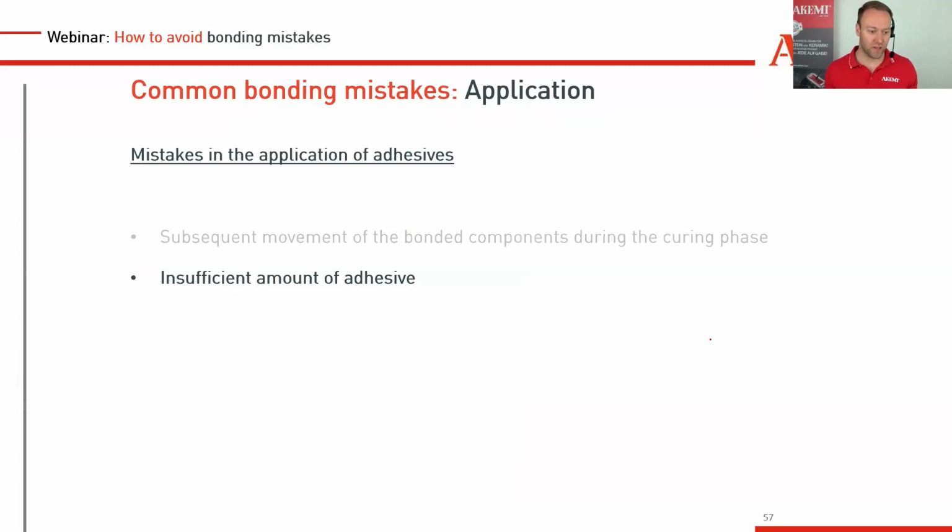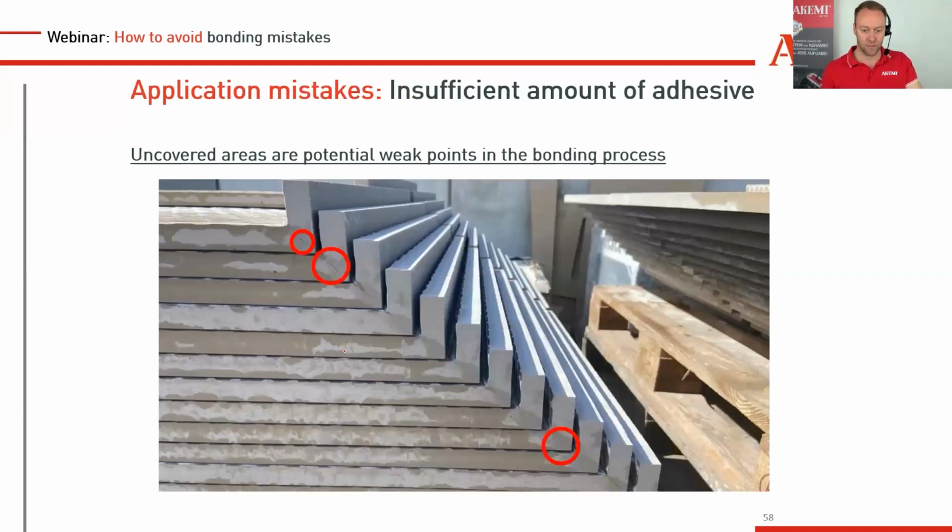Okay, insufficient amount of adhesive. This was the question: what happens when I use too little glue? You see here, this is outdoor ceramics bonded on mitre, probably for pool surroundings,